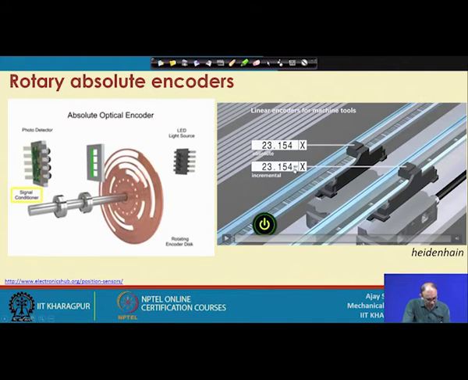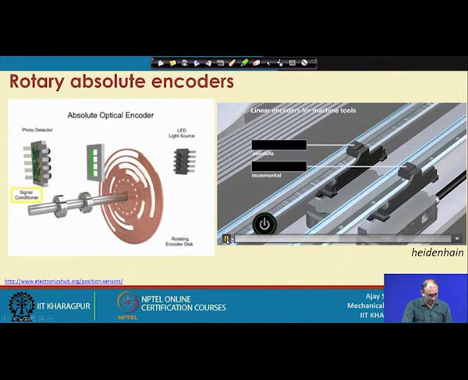Here you can see something written, called reference. This is the reference line, and this other part is the very fine grating of black and white color. Right now all the readings are okay, no problem. Now there is a power failure. Both are switched off, and you are not getting any signal out of them. Let us continue.